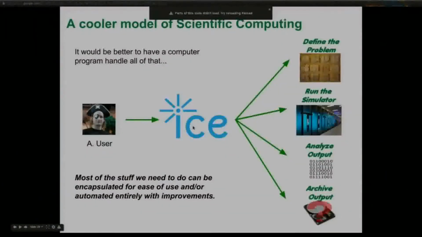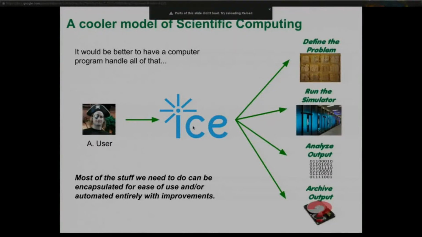Okay, so I suggest a cooler model of scientific computing. Why don't we have a computer do this? Like with Twitter, I don't have to ship a letter across the world and have people do it. I just send it from my phone. So why don't we build a smart intermediary? A smart system that can go in there and handle all of these rules and details, and knows where the brackets go, or where the less than signs go. It knows how to do all that.